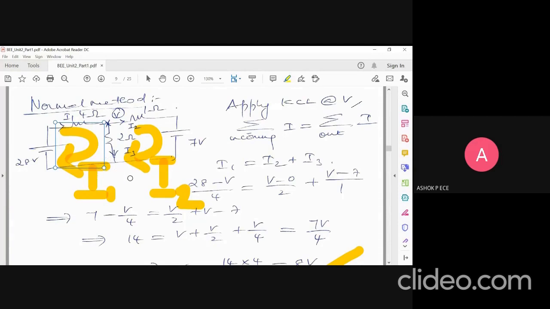Okay, you will get the answer directly in mesh analysis, because in mesh we find the current directly. In node we find the voltage. From voltage, if you apply Ohm's law, you will get the current. One more extra step you have to do in nodal. But in mesh you will get the answer directly, because you find I1 and I2 directly from the given problem. So this confirms that whatever method you do, the answer is going to be the same.